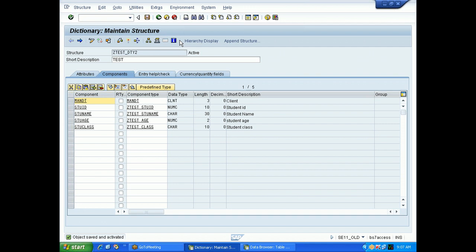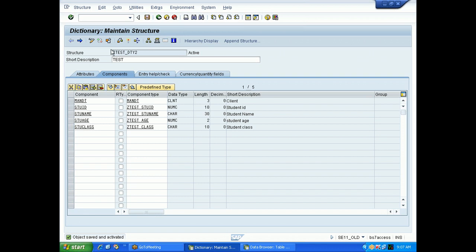A structure or table structure can be used as a reference in your program. For example, previously we created one program and one structure, and after that we created one work area using that structure. Remember? We can also create one work area using the structure z test underscore dy2 in a program.